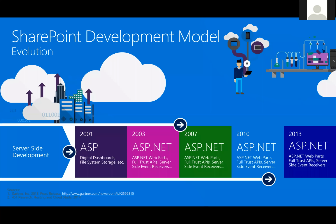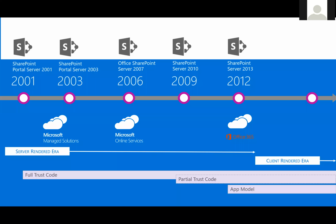Then as we moved into SharePoint Server 2013, when we launched that in October of 2012, we simultaneously launched Office 365 as well, the new suite of Office products in the cloud. And that's what really ushered in the client-rendered era. And around that same point in time, we introduced not only the app model, but now we're introducing the SharePoint Framework. So the way we can look at it is, effectively there's been two ways to facilitate development on